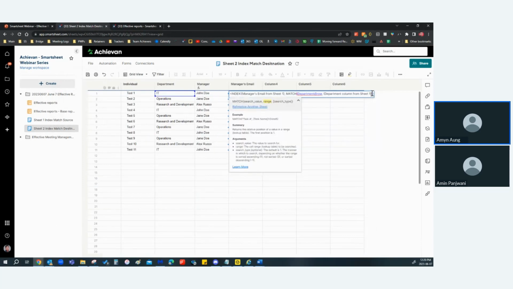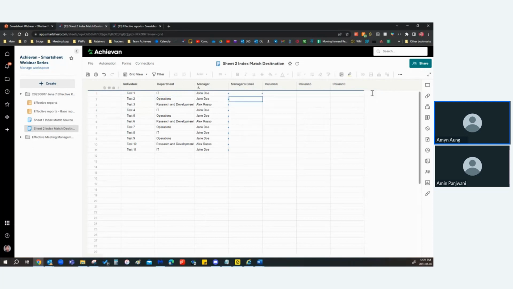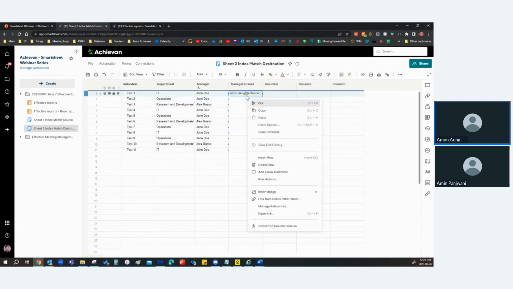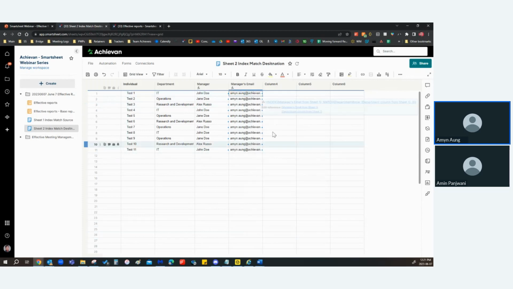Now, again, remember the search type is really important. I'm saying my source sheet is not sorted, so I'm just going to say 0, enter. And boom, you've got your emails. I use my email for all the emails there, just so that I'm not alerting anyone accidentally. So I'm going to convert to column formula, and voila, I've got my manager's email as a column formula as